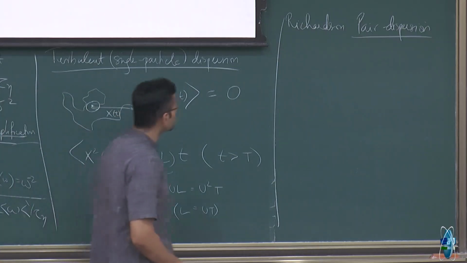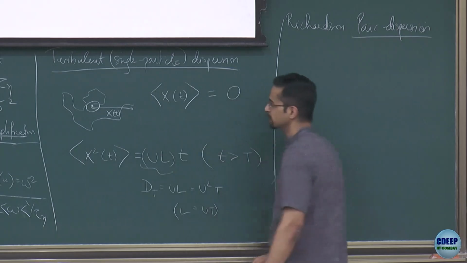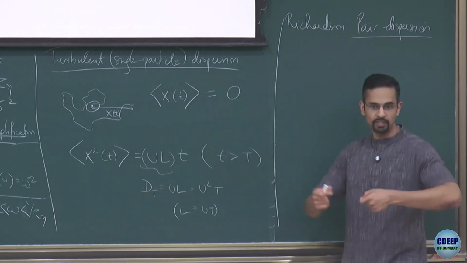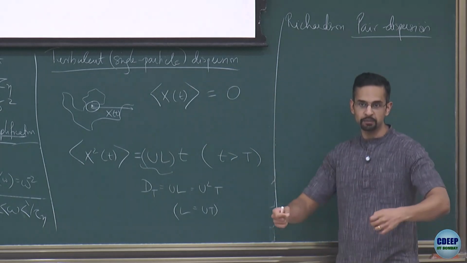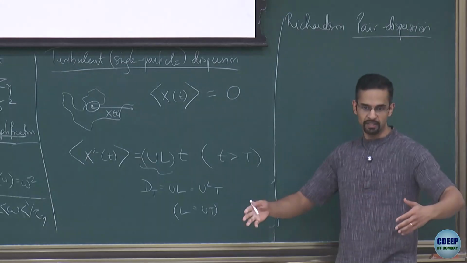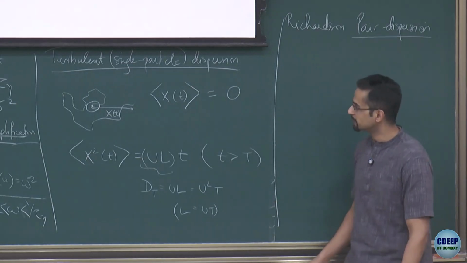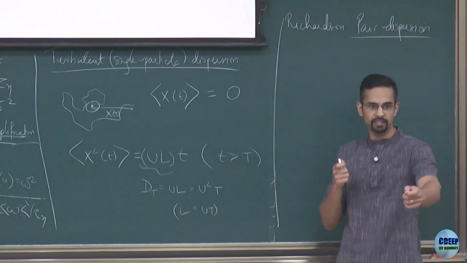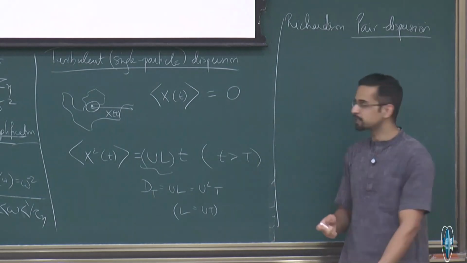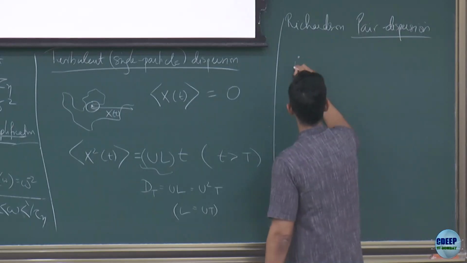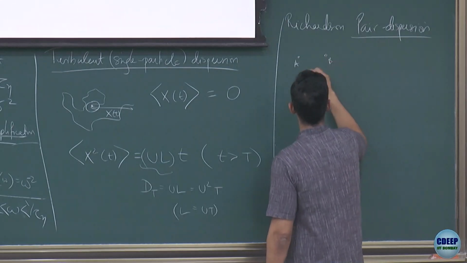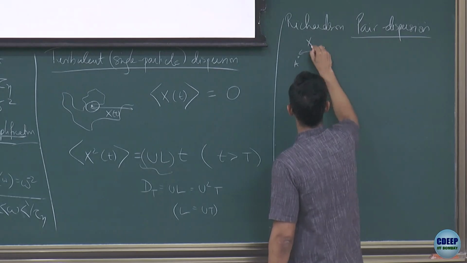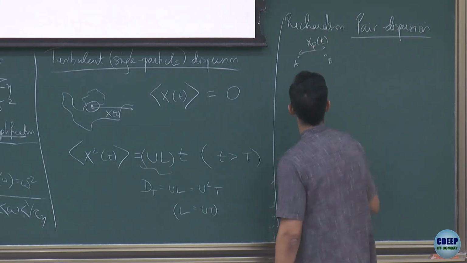Okay, so we are going to look at something very similar now, but we want to get some sense of how this mass transport is changing across scales. So a nicer way to see that is to take two particles and see how their relative distance changes. Okay, so this is the pair dispersion problem. So I take two particles, particle A and particle B, and I monitor their distance. I'll call it xp.